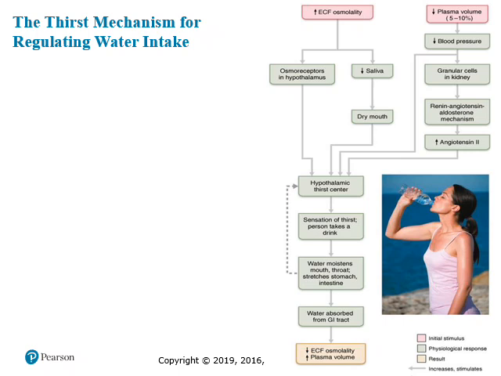So the thirst mechanism, pretty much for regulating water intake, is actually this: let's say there's an increase in extracellular osmolality. What's going to happen is that the osmoreceptors in the hypothalamus are going to send stimulus to the hypothalamic thirst center. Okay, the content of your saliva is going down. You're experiencing dry mouth. These are all going to be felt by the hypothalamus, and it's going to be delivered